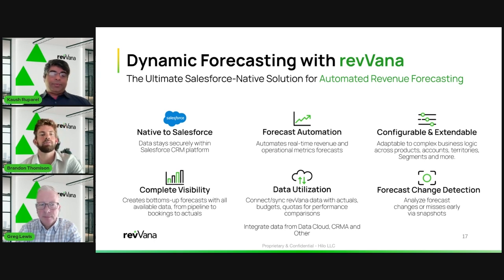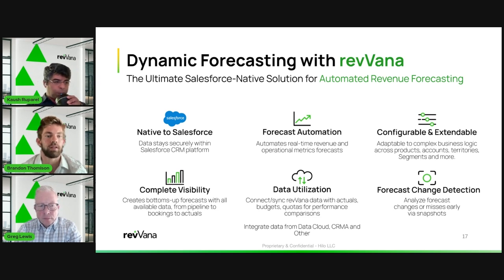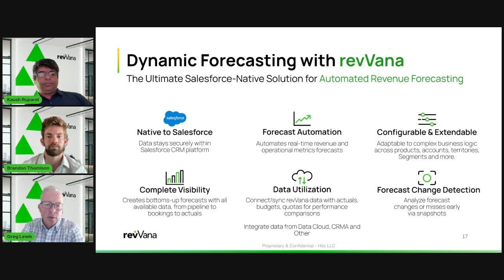Perfect. And we see this a lot as well, especially with some of those larger publicly traded companies Greg was discussing. They have new revenue data coming in every day in their billing systems. So how would Data Cloud and revVana really make sense of that constant stream of data? Yeah, being in the business of implementing forecast solutions on our platform for customers, the first one's the obvious, which is giving real-time visibility to that data.